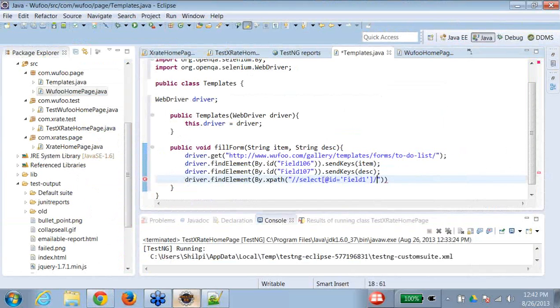And in this select, I want option at the rate value is equal to, I want to pass this option value here, say string optVal, and here what I'll say, plus optVal plus